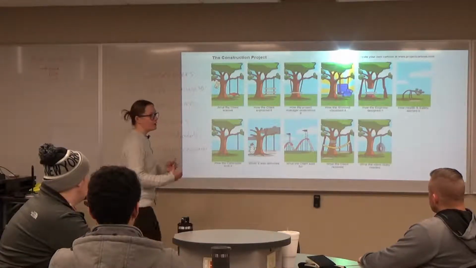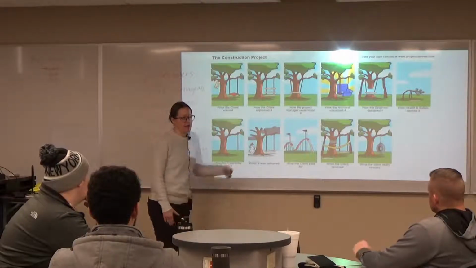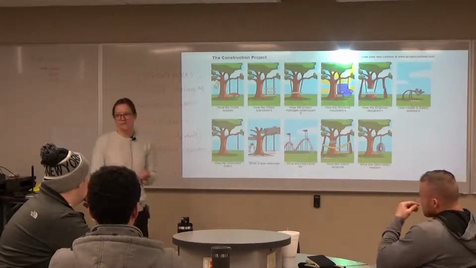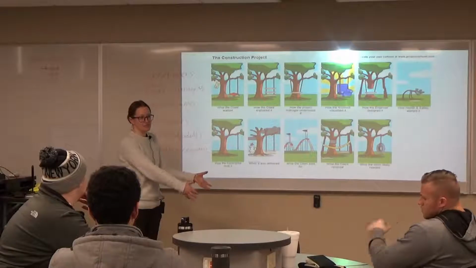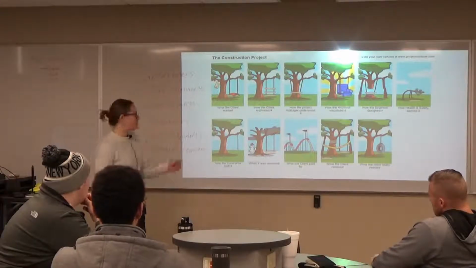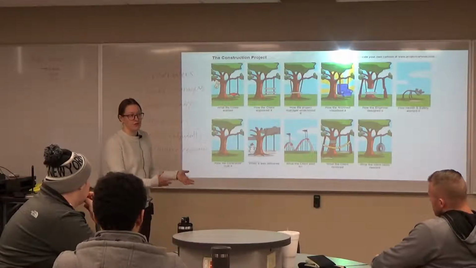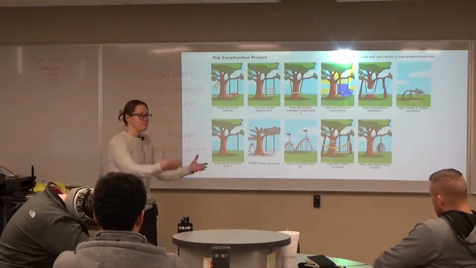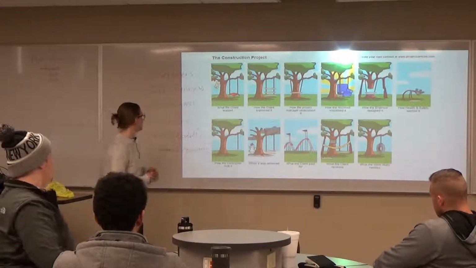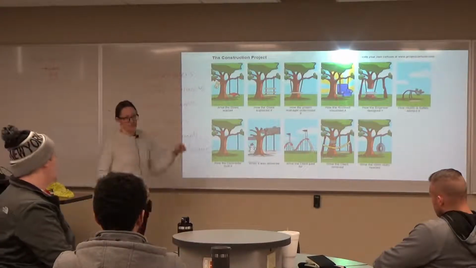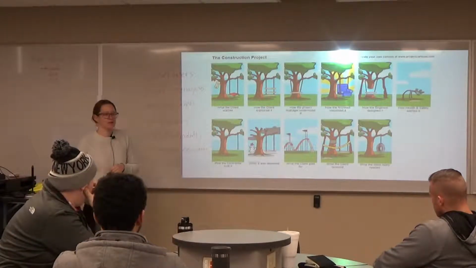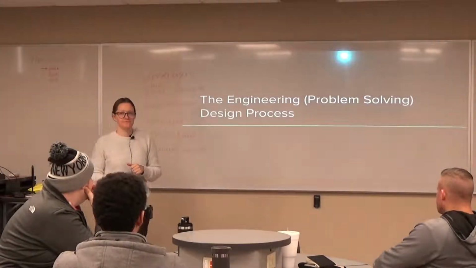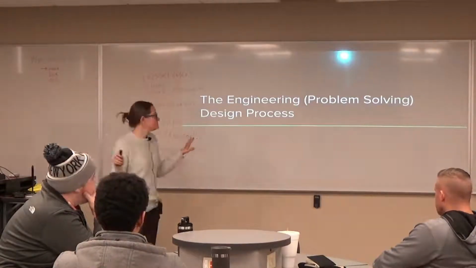So you have to think about who are all these stakeholders and think about what exactly should be the end, right? And there's really not going to be necessarily a right or a wrong answer, okay? There could be multiple right answers for different people, and you have to think about all of these different stakeholders and come up with something that's going to meet everyone's needs, okay? And there are a lot of other good ones up here that didn't show up in the cartoon, okay? So that's going to be the beginning of our design process. It's a very important part, okay? So let's look at the whole process then.